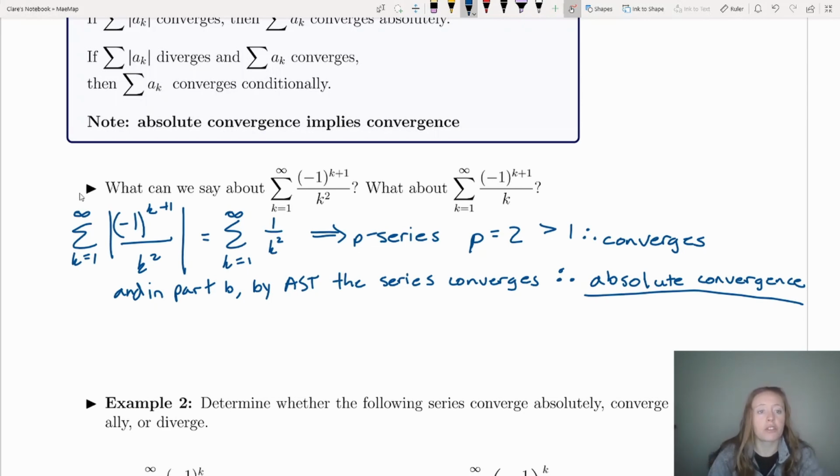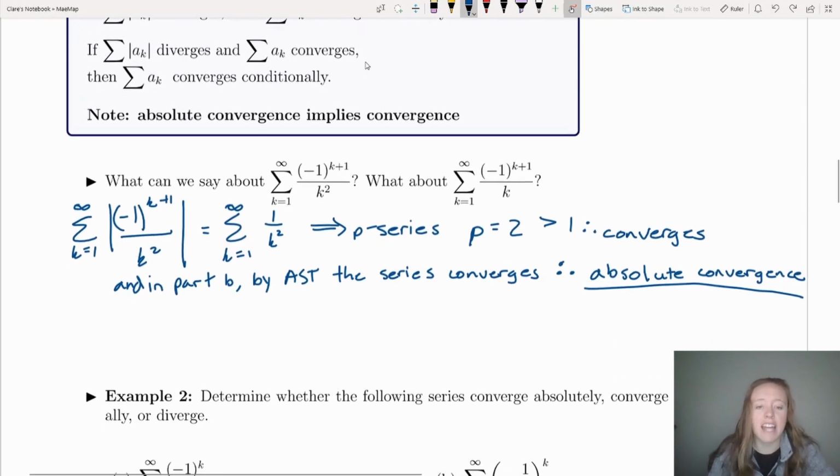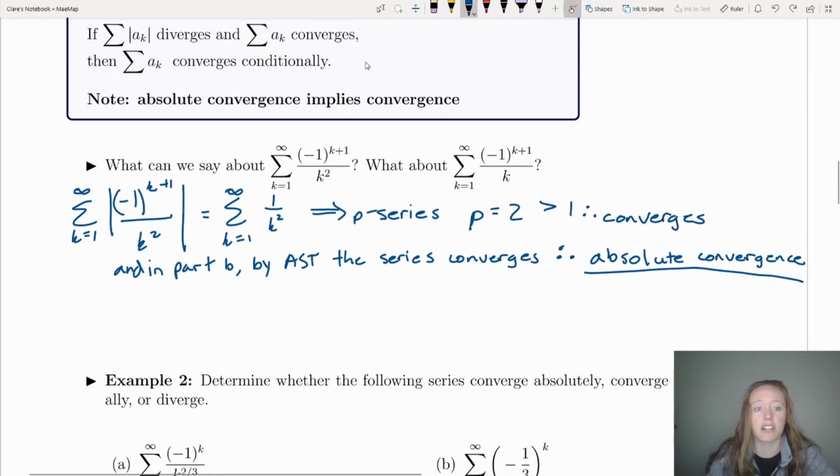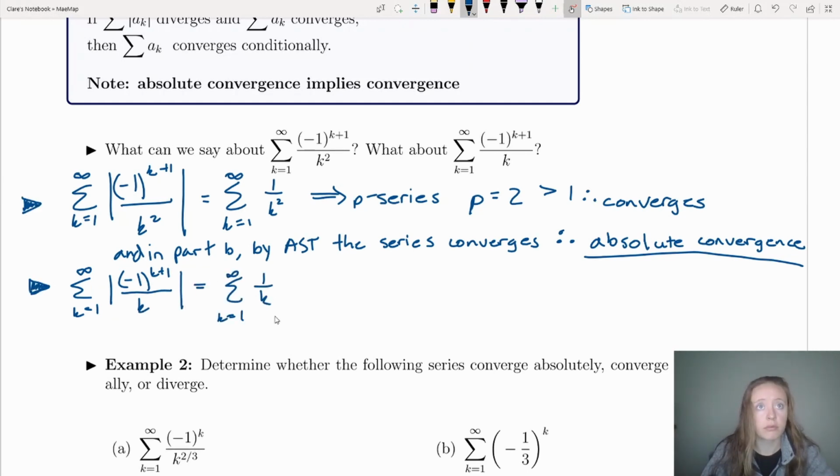And you can see if we scroll back up to our little definition box, if the absolute value converges, then our overall series converges. However, now this is a question to lead you into thinking. Look at this next one. Let's go ahead and look at the absolute value of this next series, negative 1 to the k plus 1 over k. Now the absolute value of this is the summation of 1 over k as k goes from 1 to infinity,